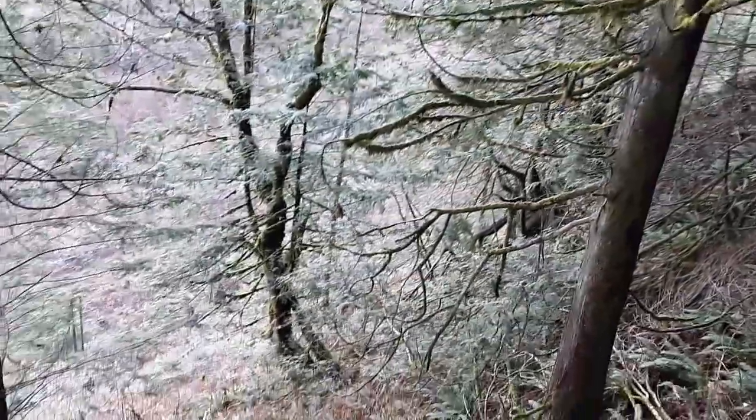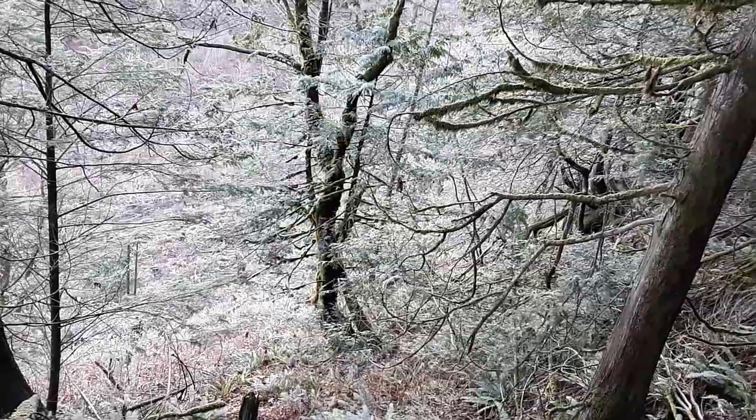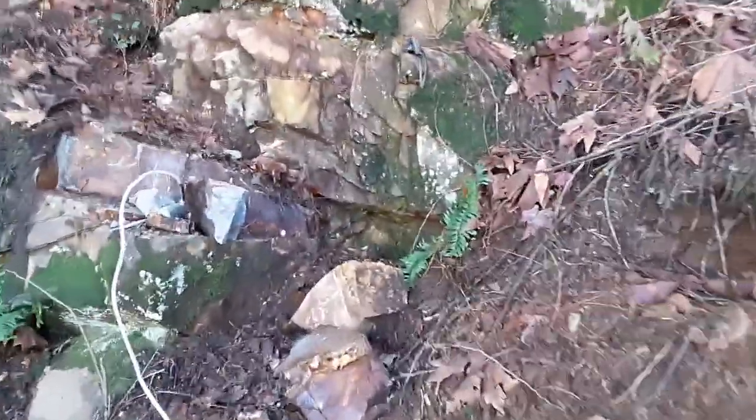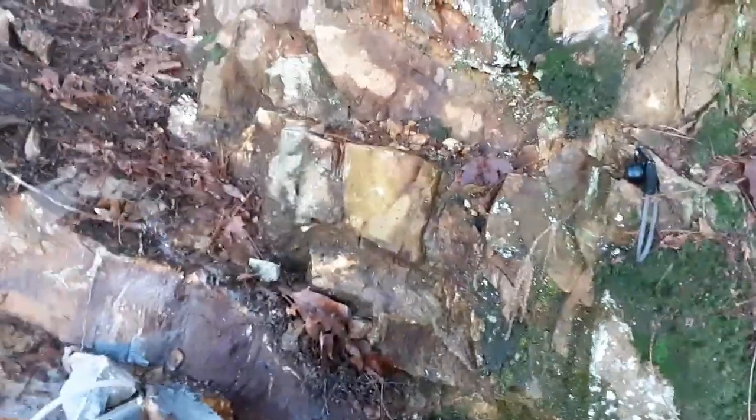Now the problem I see with that is my quartz with it. My quartz. Perfect explosion. Except some of my quartz stayed and some of it went for, oh no, there it is right there. Oh good. It was the top rock that went for something of a ride, but exposed a lot